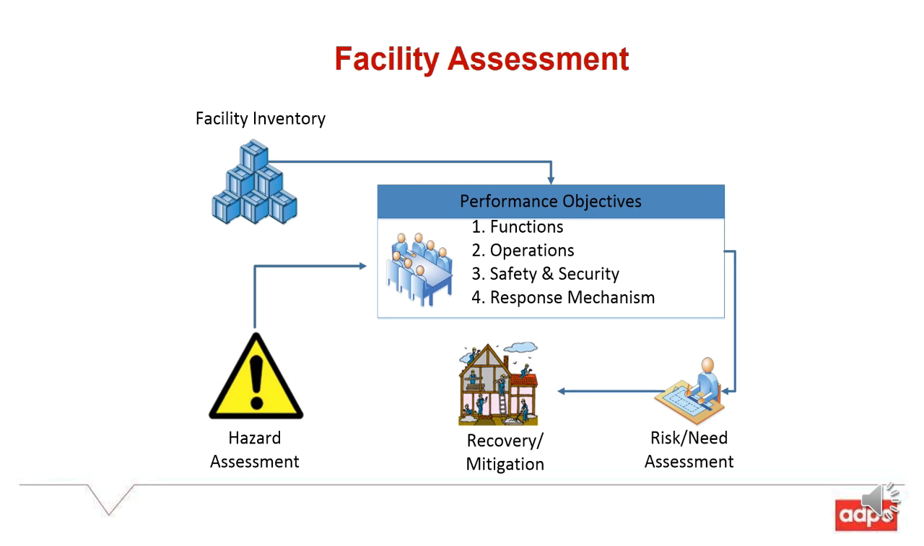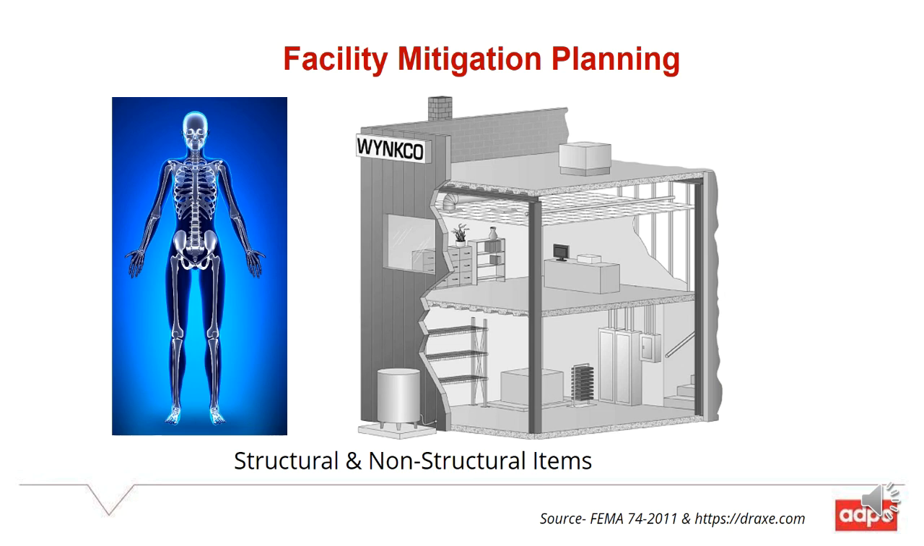Beyond hazard assessment, we need to do risk and needs assessment based on structural analysis, and then recovery and mitigation through retrofitting, replacement, and all the other things come up. In facility mitigation planning, we have to look at both sides, the structural and non-structural items. Structural is like in the human body, the bone system, whereas in a building,